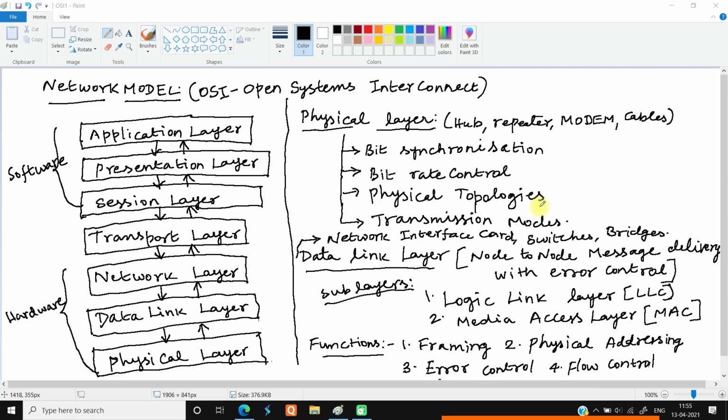To do this work, the data link layer has two sublayers: one is the logical link layer, and the other is the media access layer. These two layers first calculate the MAC address, that is the media access control address, for a device connected in the network.